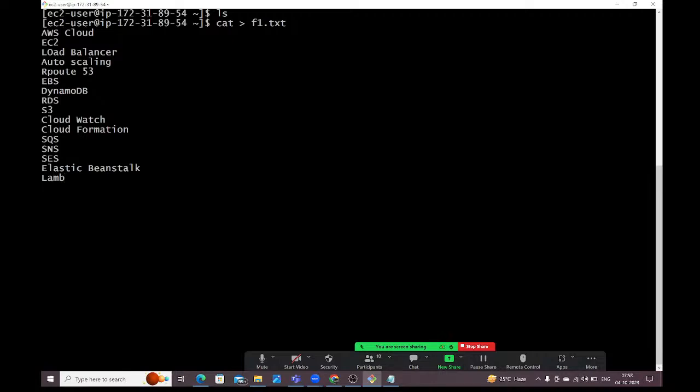Lambdas, AWS CLI, IAM, and DevOps: Maven, GitHub, Jenkins, and we have Sonar, Tomcat, Terraform, Ansible, Docker,